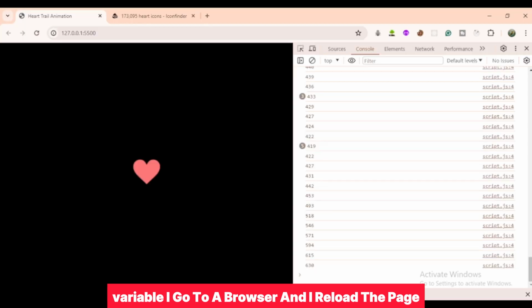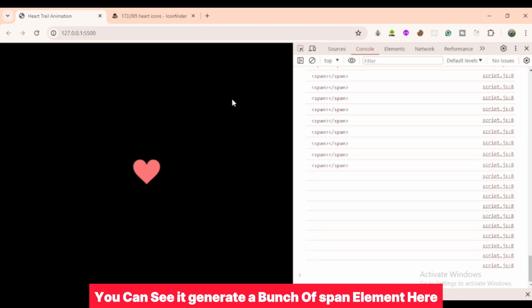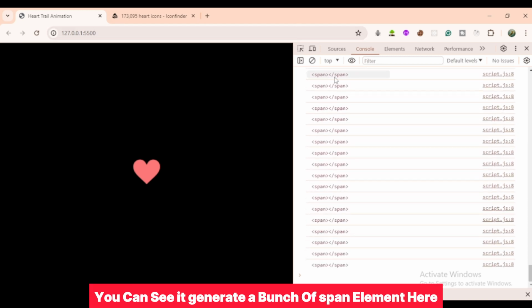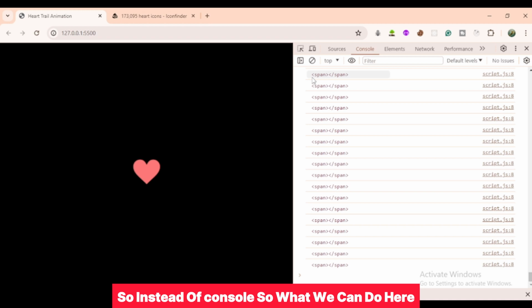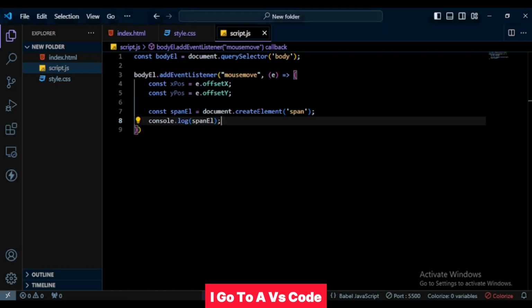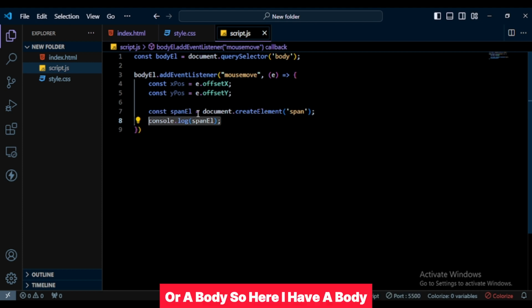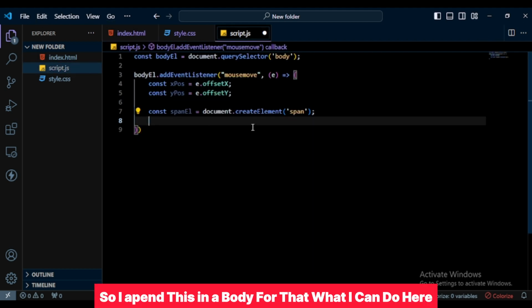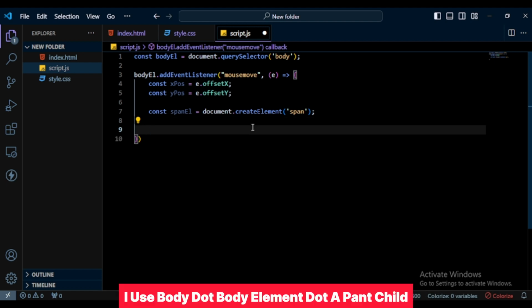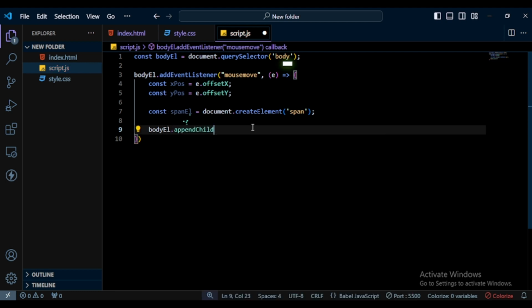I go to the browser and I reload the page, and when I move the mouse on this page, you can see it generates a bunch of span elements here. But we want to create this span element in the HTML file. So instead of console, what we can do here, I go to VS Code and here I append this span element in a div tag or a body. So here I have a body, so I append this in the body. For that, I use bodyElement.appendChild, and here I pass